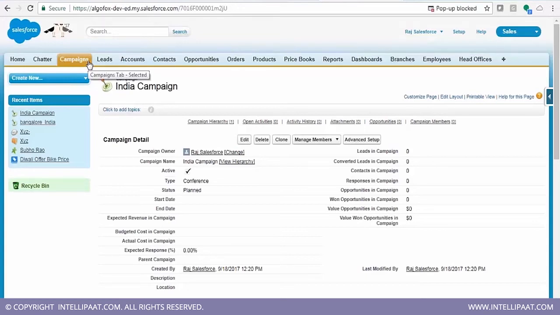What is the next step? The next step would be to capture all the interested customers' data. When I say interested customers' data, what does it mean? It means, let's say they have created a campaign in India,